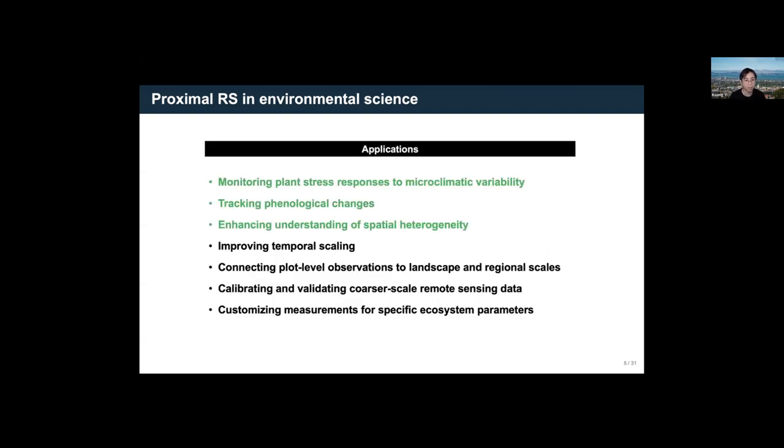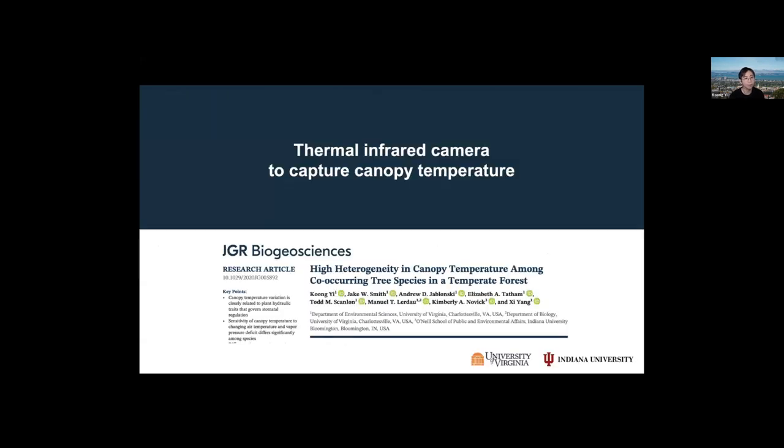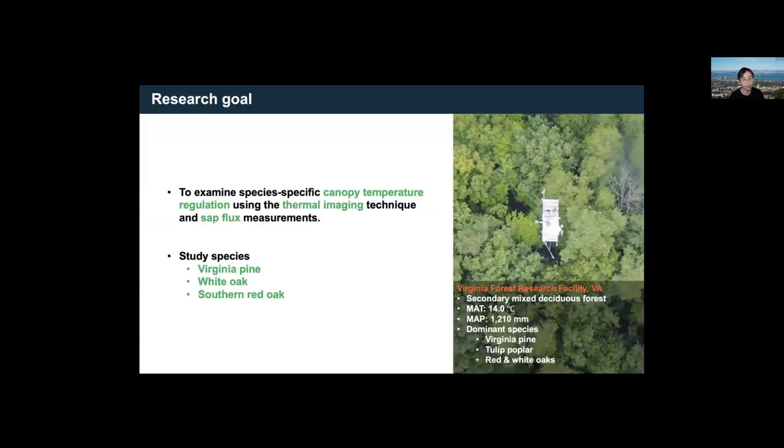Owing to these capabilities, proximal remote sensing has numerous potential applications, but today I'll focus on my research linking flux measurement with proximal remote sensing in three key areas: monitoring plant responses, tracking phenology, and addressing spatial heterogeneity. First, I'll explain how a thermal infrared camera can capture variation in individual canopy temperatures and how this variation relates to tree hydraulic traits. This study specifically aimed to investigate species-specific canopy temperature regulation using the thermal imaging technique and